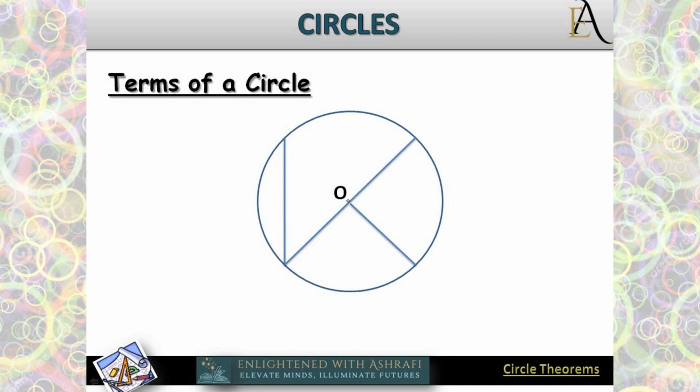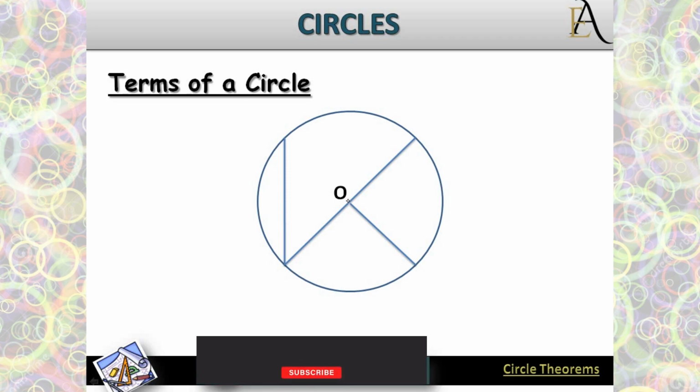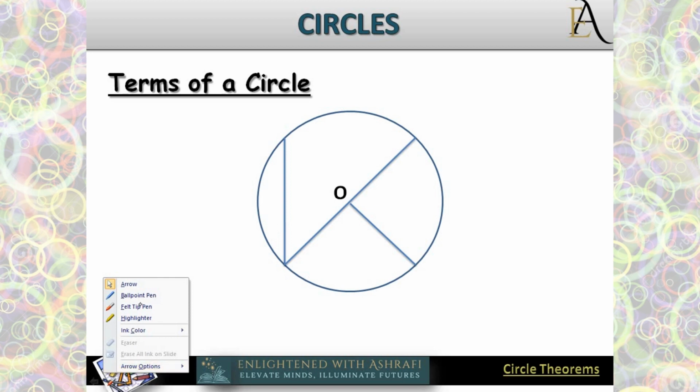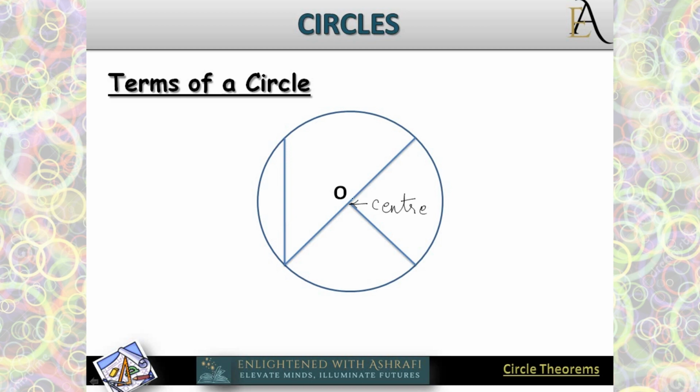As we know, a circle is a closed figure which has points which are equidistant from a fixed point in the same plane. This fixed point is known as the center, and the equidistance from the center to the boundary is known as